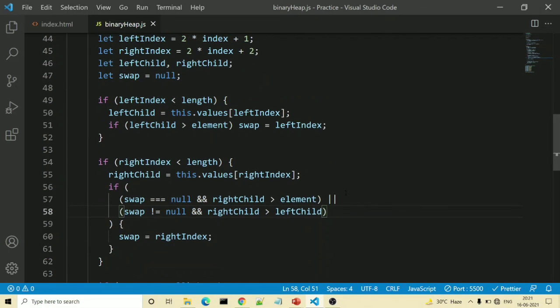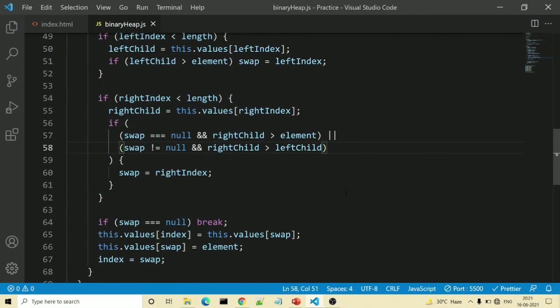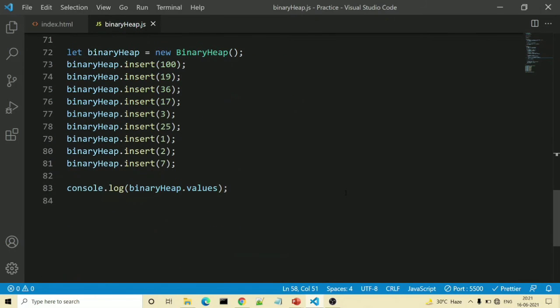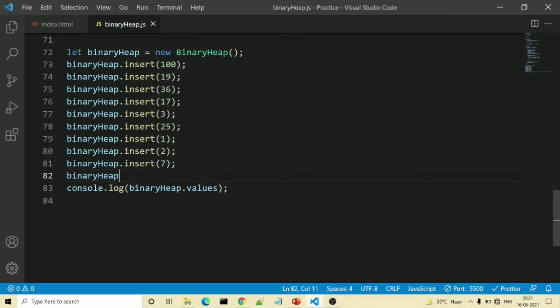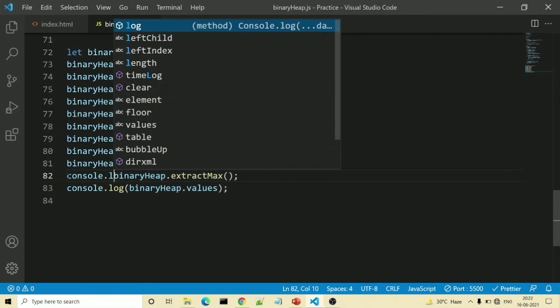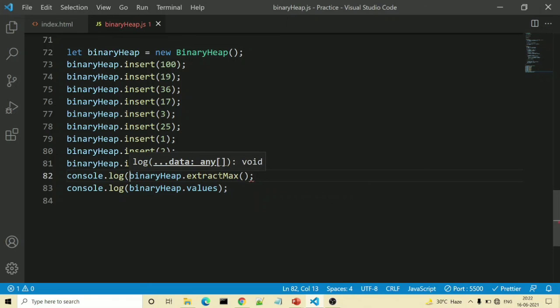So with this our code should work fine and nothing more is needed. Just one thing we need to call our method. So here we will do binary heap dot extract max, and that's it. But to see things on my console window, I will wrap up this statement inside console.log.